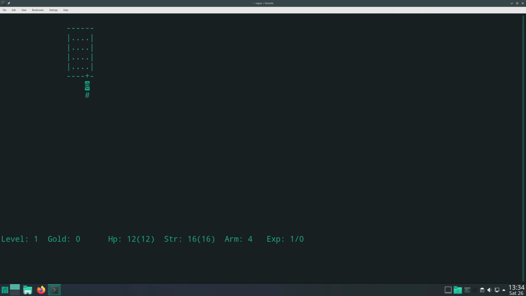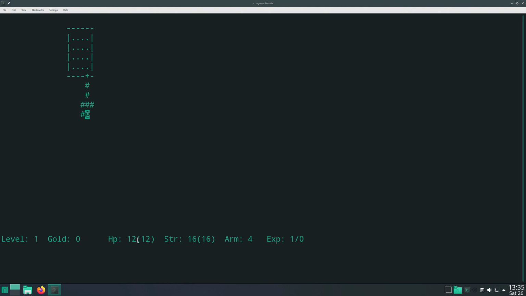So this is the game. We've got rooms, we've got corridors. As you can see, a door is a plus sign. And it's a dungeon crawl. You go around the dungeon. You try to get to level 26, which is denoted by this level here. So that's your dungeon level. We're on 1. We're aiming to get to 26 and find the Staff of Rodney. But they call it Yendor, or think about it. Gold is your score.